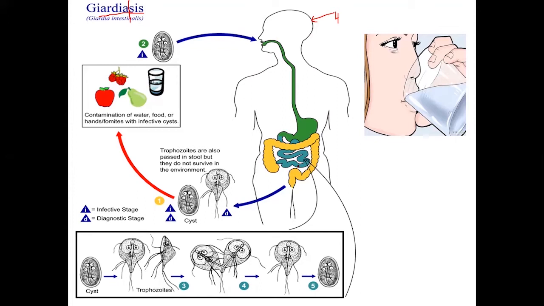If he passes fecal matter outside, we can see the cyst and trophozoite stages in his feces. If the food we eat is contaminated with this fecal matter containing the cysts and trophozoites of Giardia, and a healthy person ingests that food,